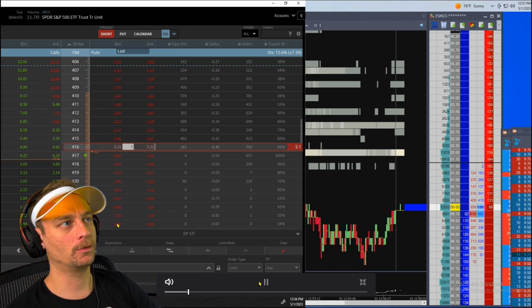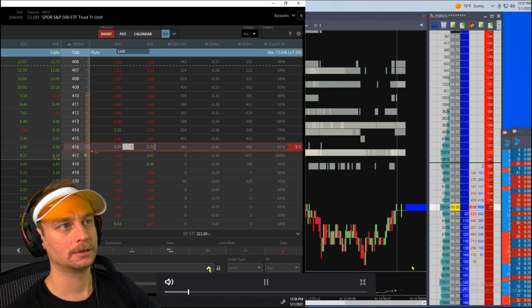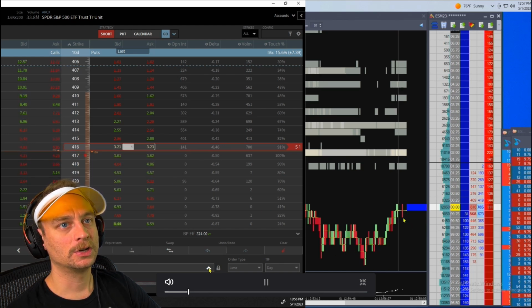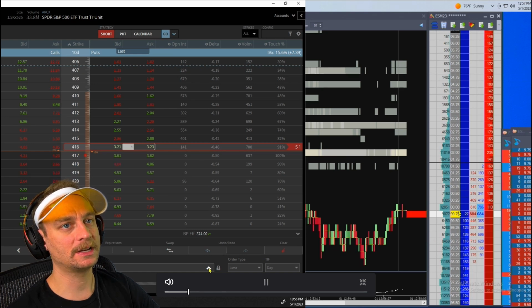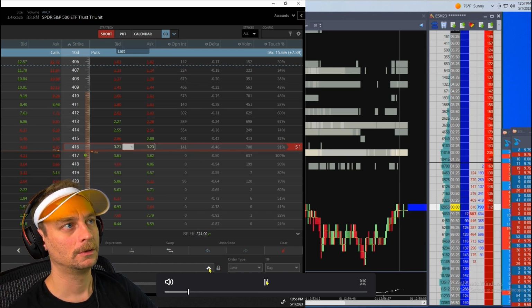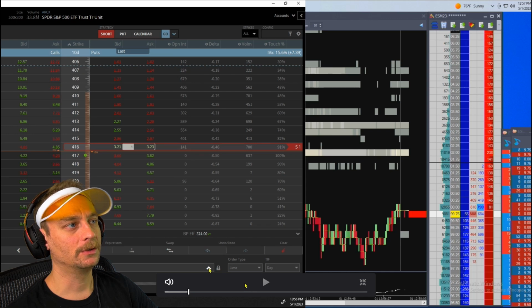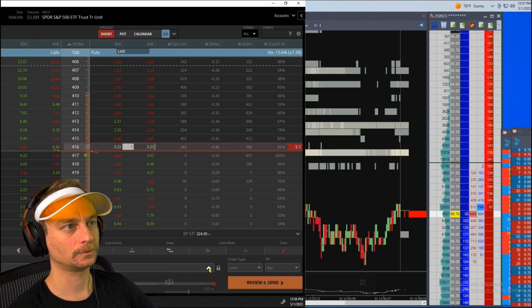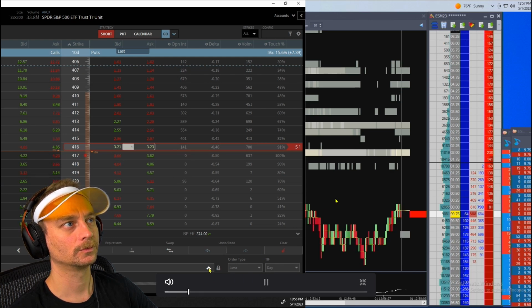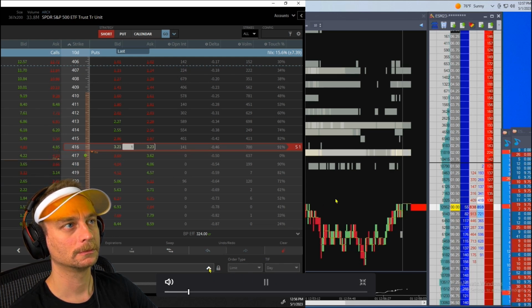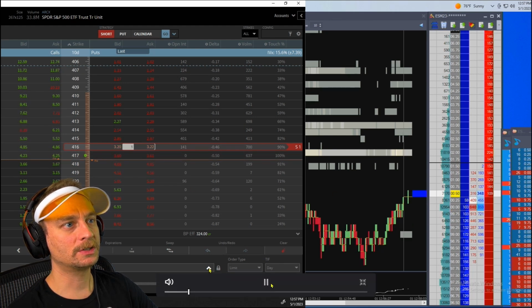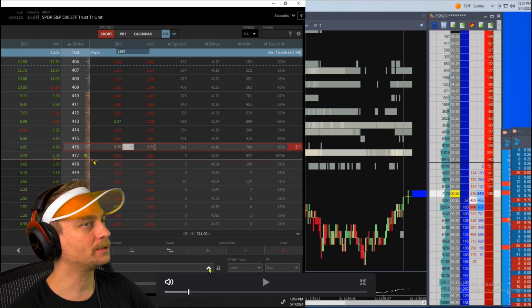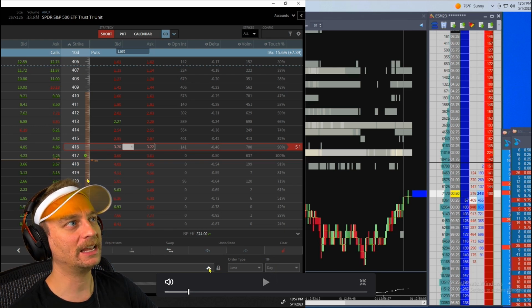Now watch how this thing works tick for tick. So it's at 321 as the market is at 00. So 321 bid by 323. Now it's at 3. Yep, still there. Now, as the ES starts to go down, you're going to see these numbers get bigger. Notice that the in the money line dropped because the market is still rallying.